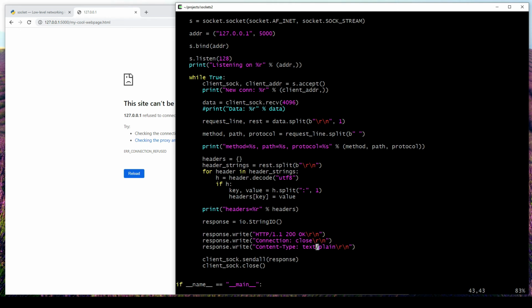Anyway, that tells the client what the content in the body is. Obviously here we're sending text, but it could be something like a picture. So you could say image PNG or image GIF. There's a bunch of them. In web service programming, this is probably going to be application XML or application JSON. Those are two data formats. They're also text-based, but